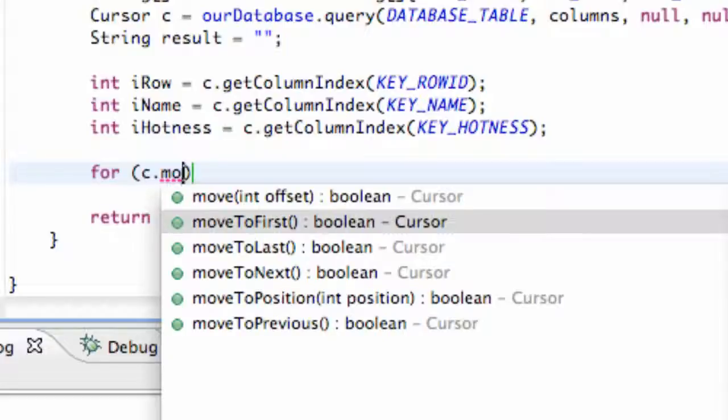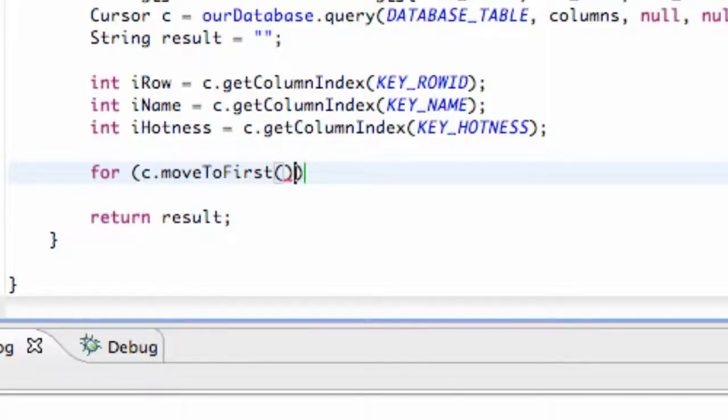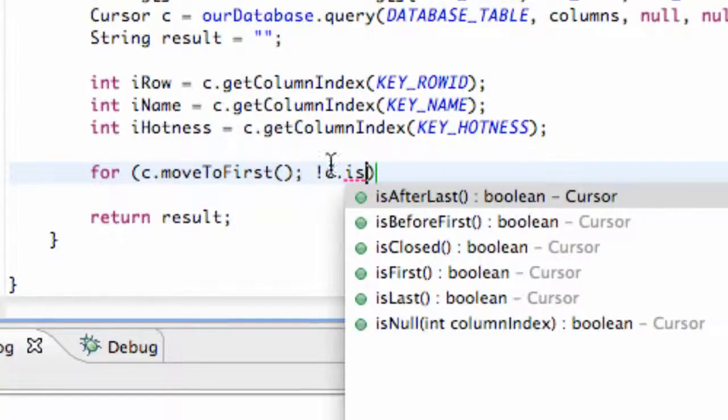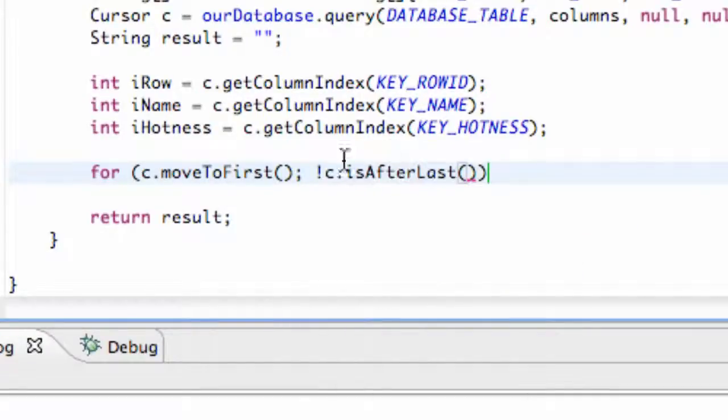So that's going to be the first row, and that's where our cursor is going to start. Then we're going to hit a semicolon, and then we're going to say as long as it's not equal, for the most part, again that's our expression mark there, as long as our cursor does not equal C dot is after last. So we're going to use this method. If our cursor is at the position after the last entry in our database, that's when it's going to stop. And then we're going to just hit semicolon,